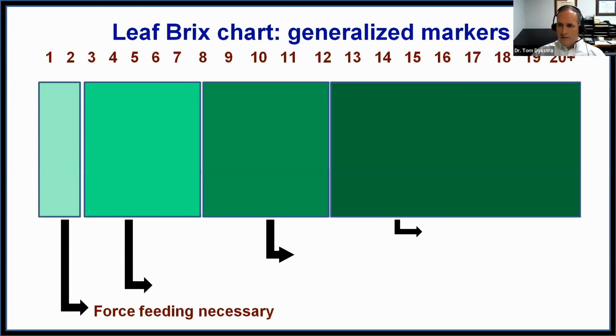There's not a lot of sugar, not a lot of photosynthesis. Force feeding is necessary for these type of plants. Many house plants can be 1 to 2. A lot of the greens on golf courses will usually be 1 to 2 as well. And if you have any plants in nature that are at 1 to 2, they'll get picked off by insects and disease very quickly. They need to be fed pretty much every day.